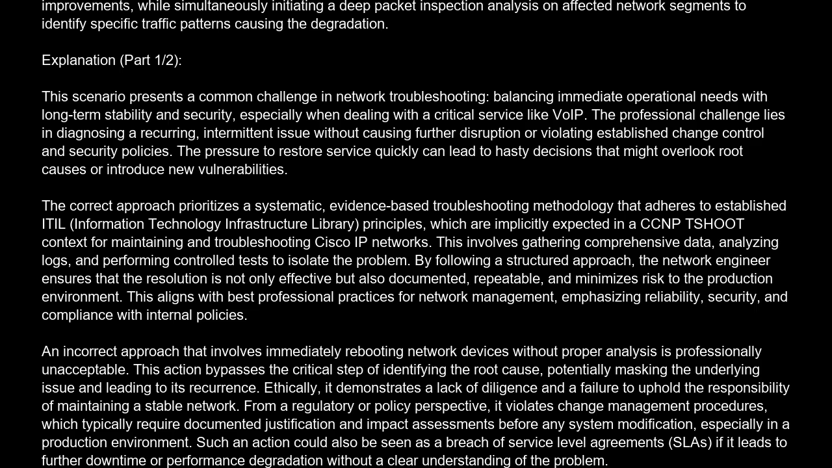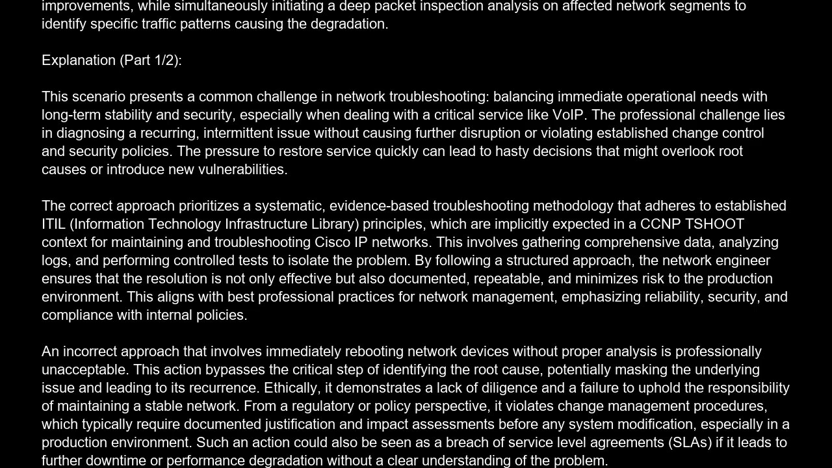Explanation: This scenario presents a common challenge in network troubleshooting, balancing immediate operational needs with long-term stability and security, especially when dealing with a critical service like VoIP. The professional challenge lies in diagnosing a recurring, intermittent issue without causing further disruption or violating established change control and security policies. The pressure to restore service quickly can lead to hasty decisions that might overlook root causes or introduce